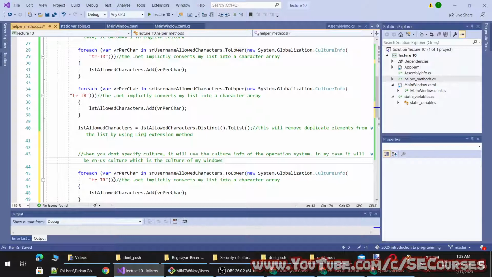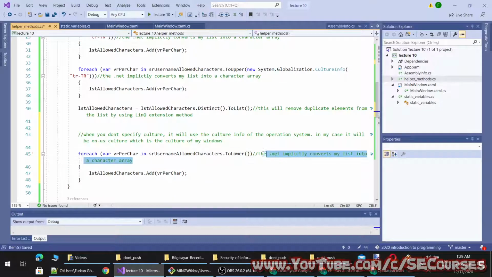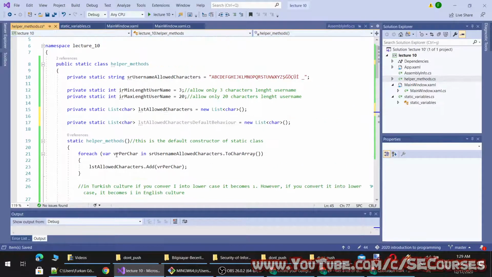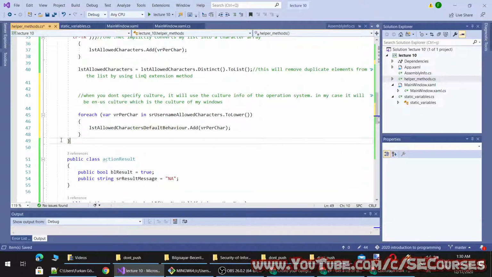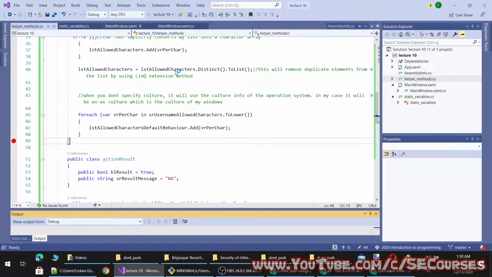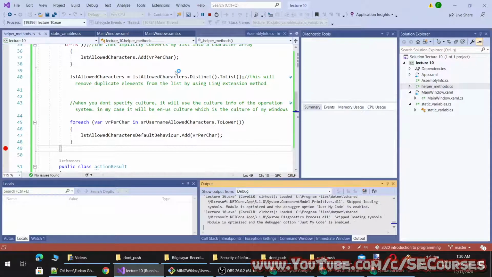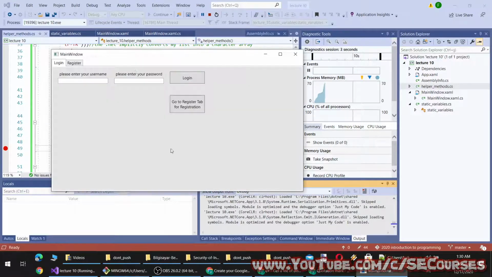Okay, so I am removing this and just calling to lower. Let's see what kind of result it generates. I am putting a breakpoint here and let's run it. Okay, you will see the difference.